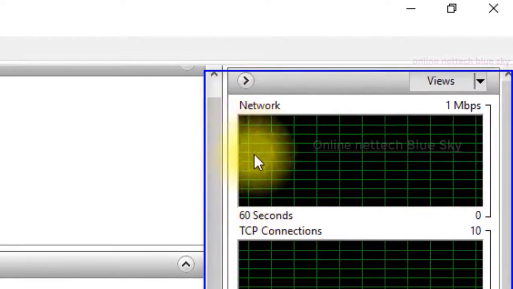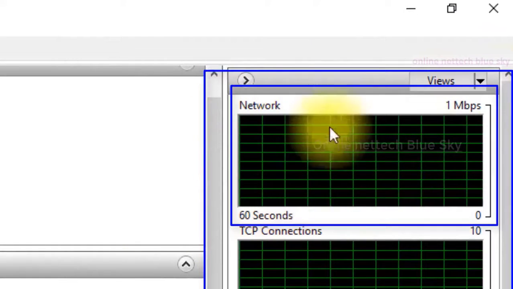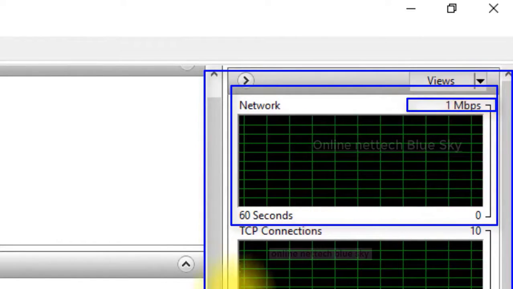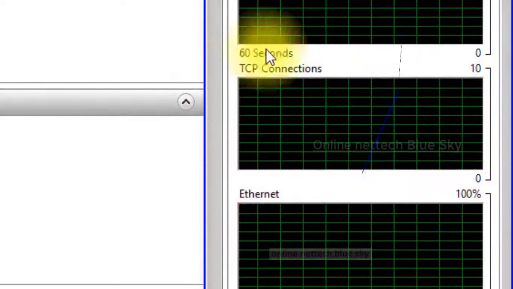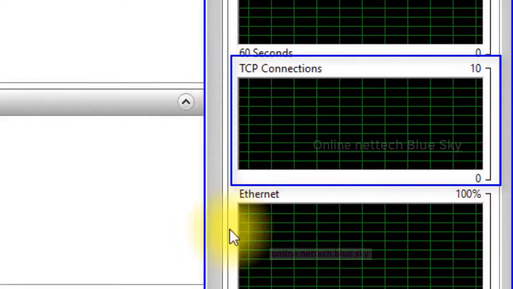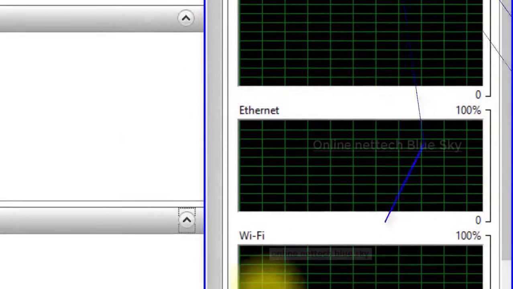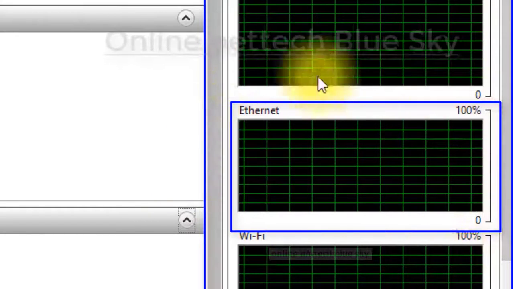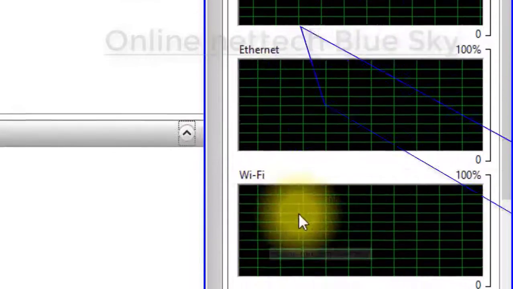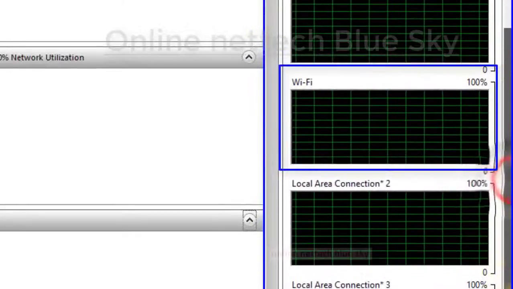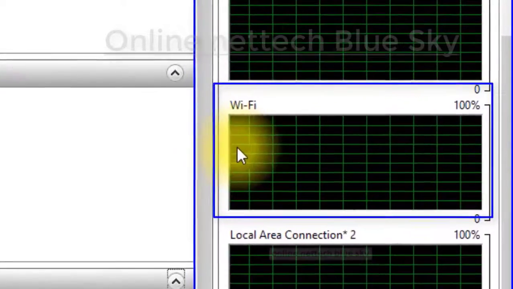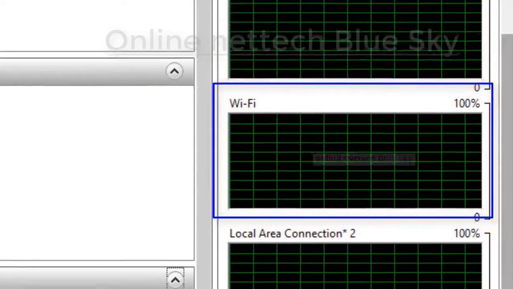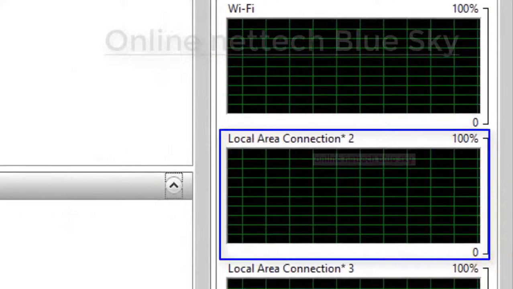First you can see the network, the TCP connection, and the UDP connection. Mbps means the speed of your network, and the TCP connection means your TCP protocols work in Ethernet. I am using an RJ45 cable, and Wi-Fi I cannot use because I have no Wi-Fi signal, but I will show you.